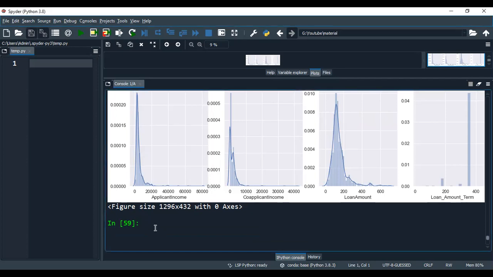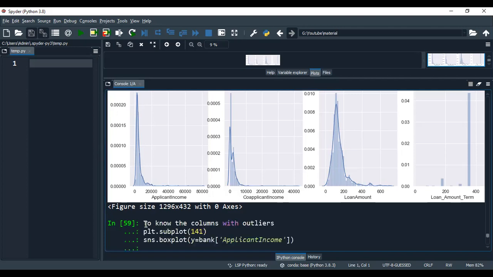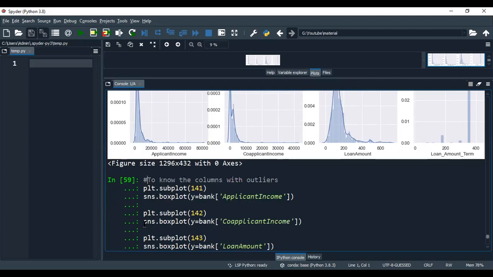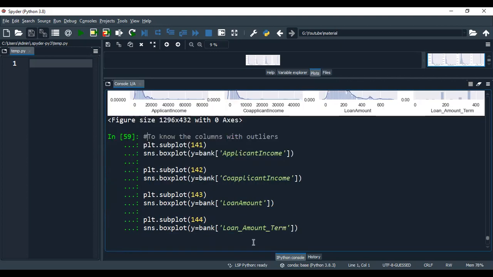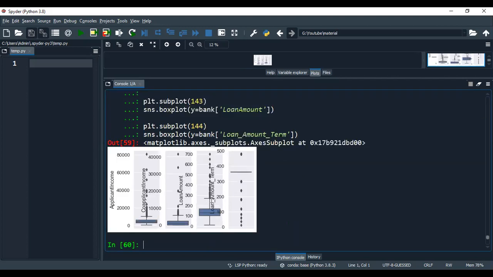Then, in order to find out the outliers, we can use a box plot. This is how you can have the box plot. We have applicant income, co-applicant income, loan amount and loan amount term.